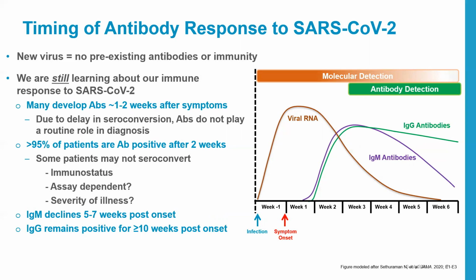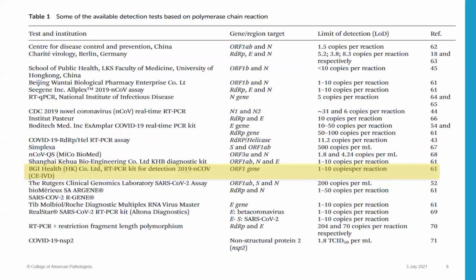And it is said that the viral RNA would persist up to 6 weeks, and the symptoms onset occurs after a week, and the IgM declines 5 to 7 weeks post-onset, while the IgG remains positive for greater than 10 weeks. Okay, so here in table 1, we summarize the different RT-PCR-based kits developed in the different